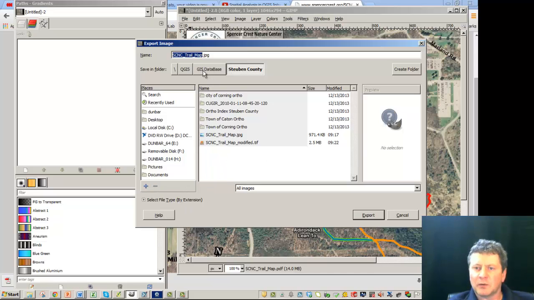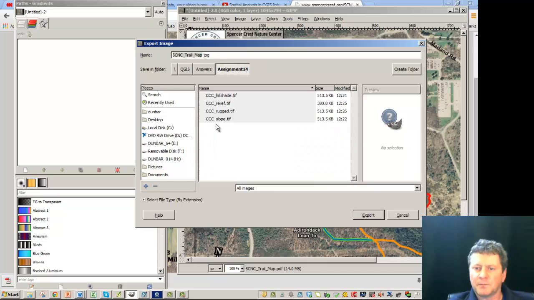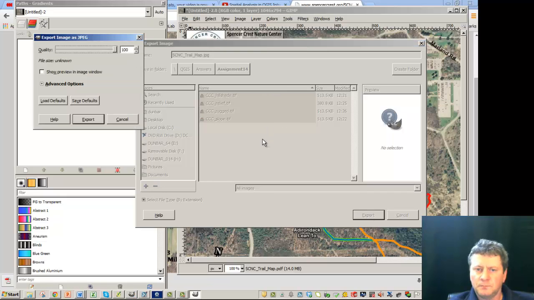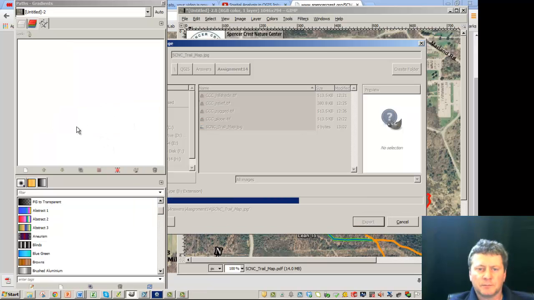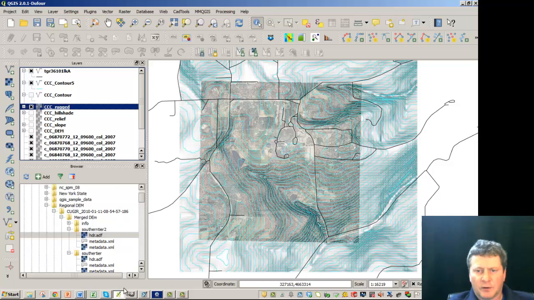So saving it in the assignment 14 directory. So I'll go to that level and go to 14 and save it at that location. And we want this at 100%. Okay, so now that I've done that, I can go back to my map,